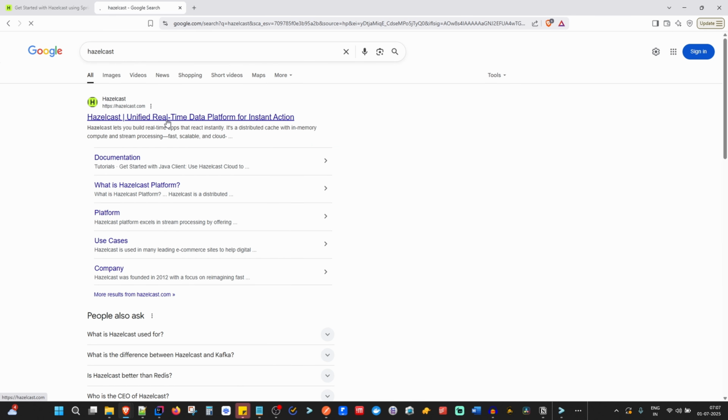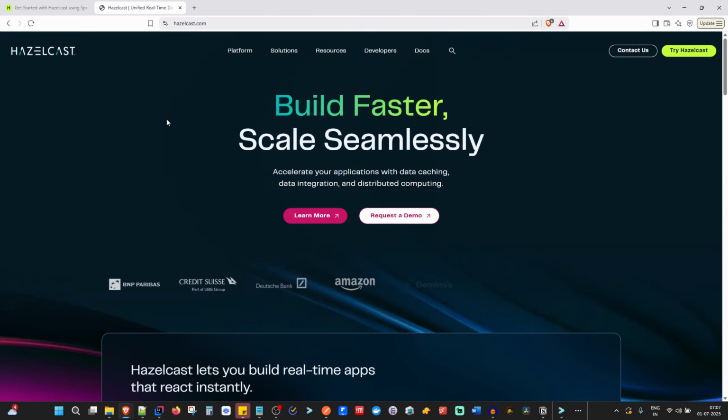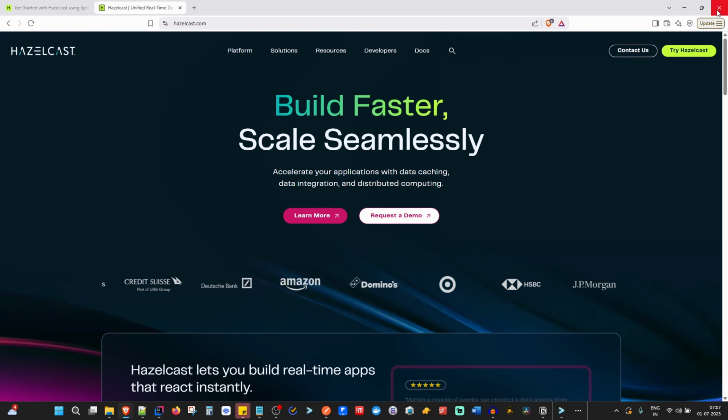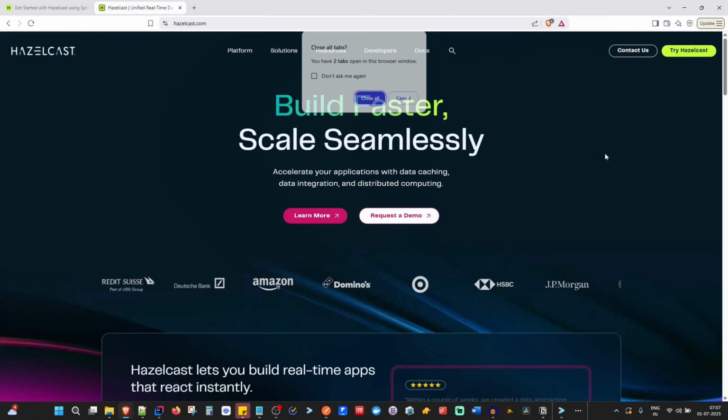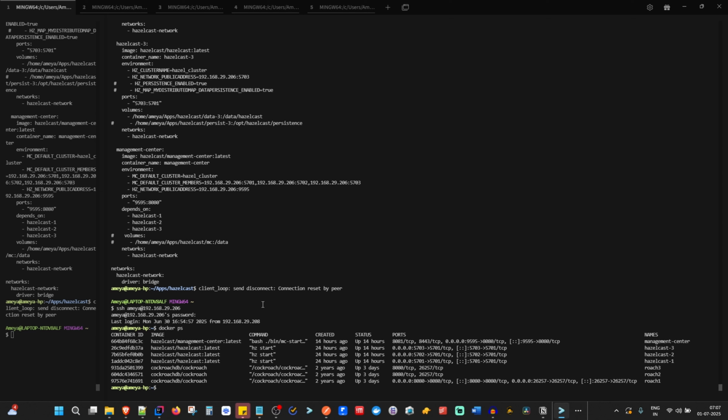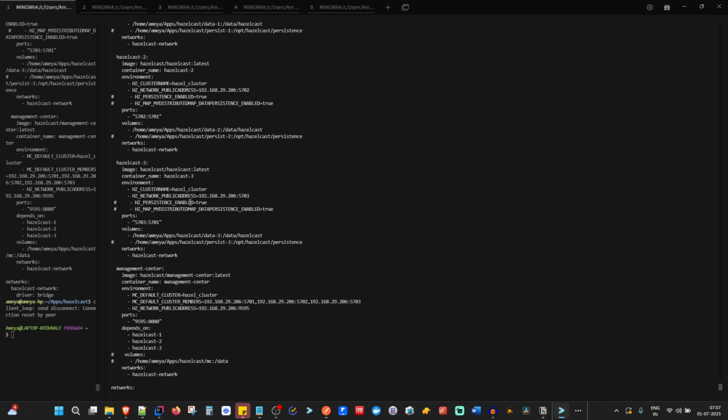It's an in-memory database, and it is used to store distributed data structures. And I have created a Docker cluster on my server. So you can see that we are running HazelCast, and it's just a normal Docker Compose